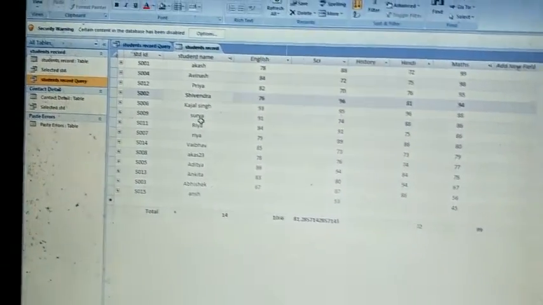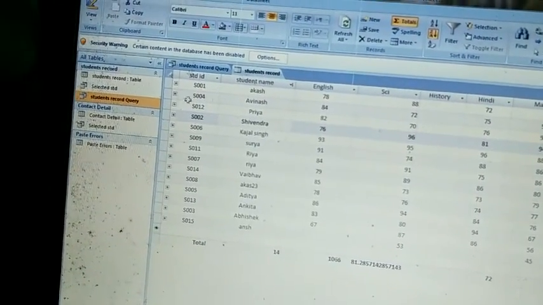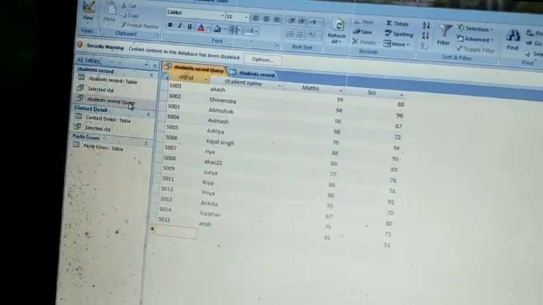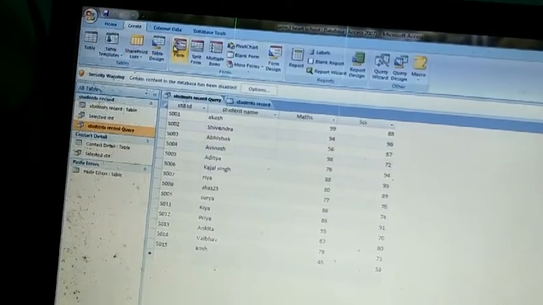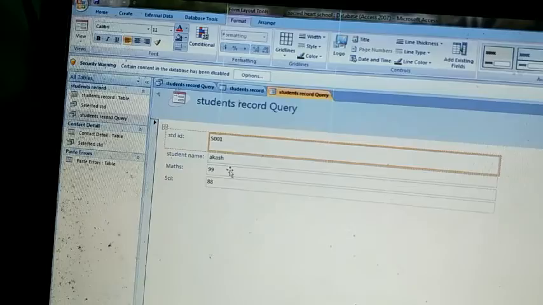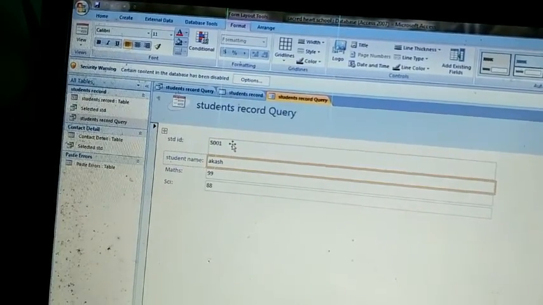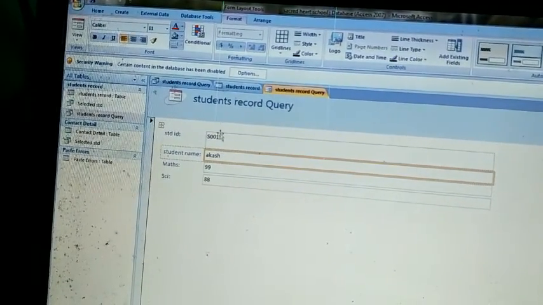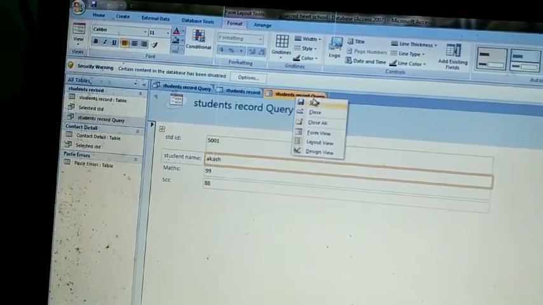Okay, clear? So first you select the table you want. After selecting this table, click on the Create option and choose Form. Now, after that, first you have to save it.